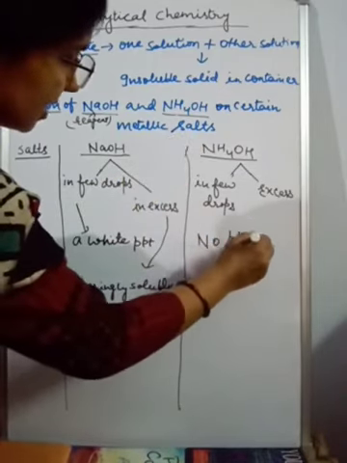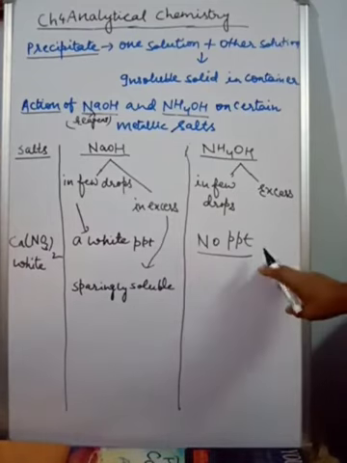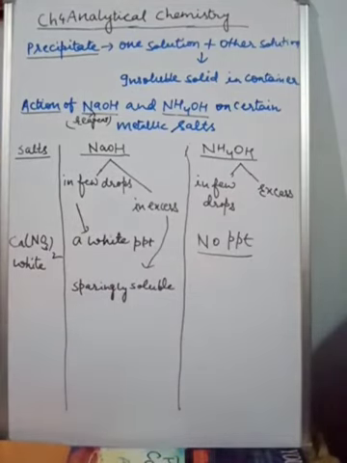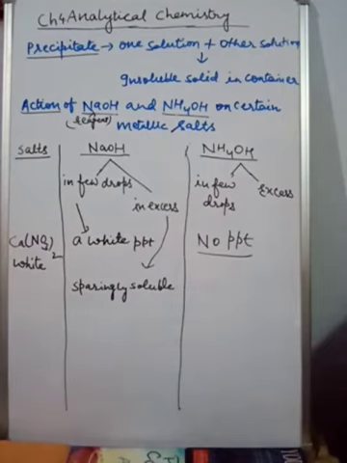Now the question arises here, why is no precipitate formed? As you know, ammonium hydroxide is a weak alkali, so the number of hydroxyl ions produced is very less, which is not sufficient for the precipitation reaction of calcium nitrate. And this is a very important question coming in exam. How will you differentiate between these two reagents, NaOH and NH4OH? For this your answer must be only calcium salt, because in the first case you get precipitate, in the second case you do not get precipitate here.